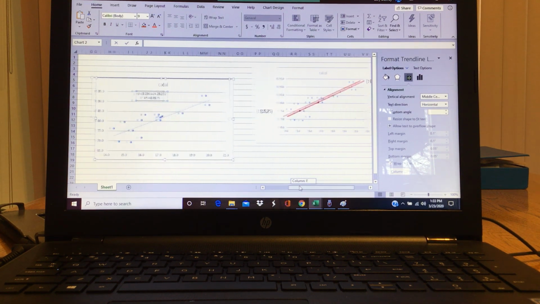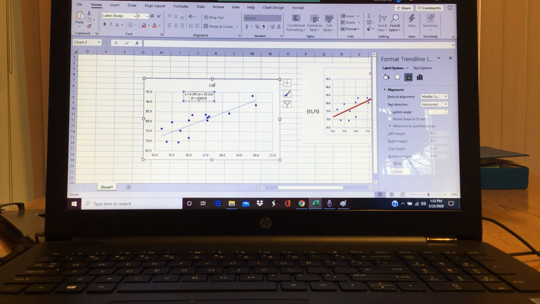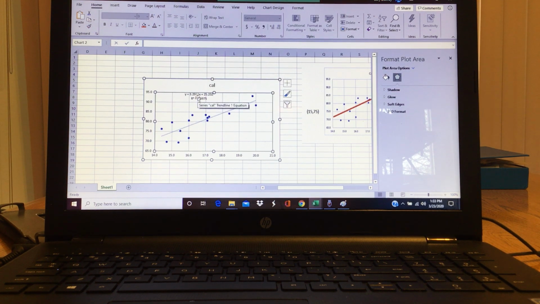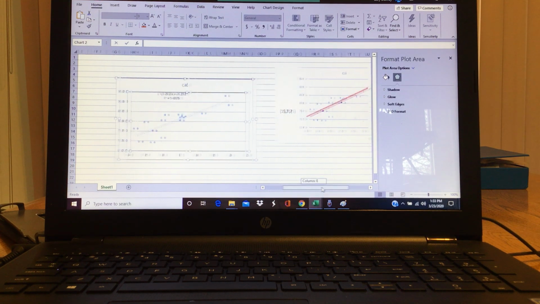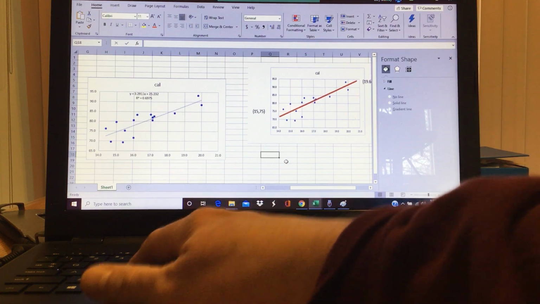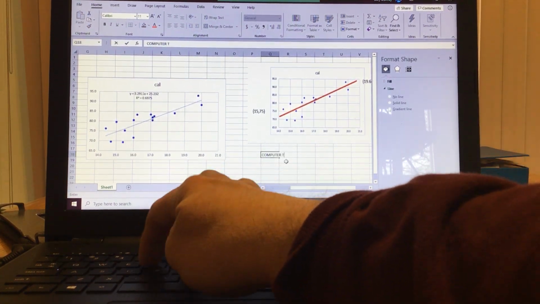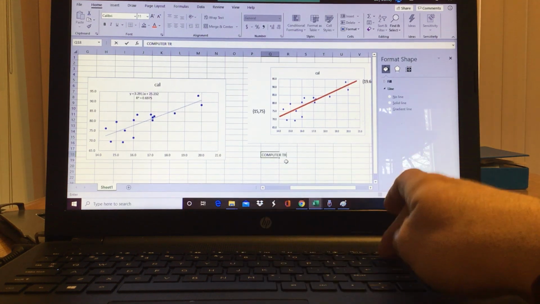Then we have to do a calculation. So we have to find, the computer gives you the equation of its trend line, so you don't have to do anything but record that. So I could actually type it in here. I'll put the computer line,